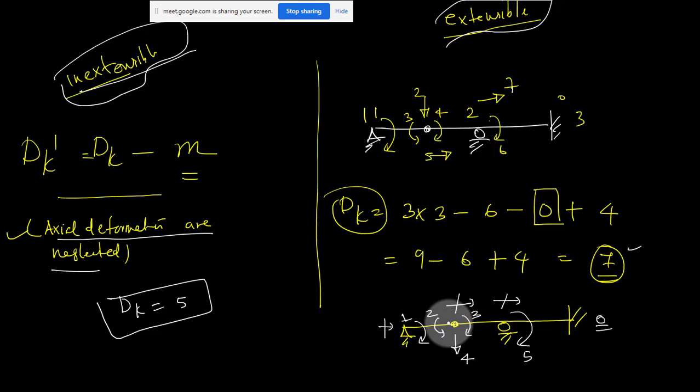5 or 4, 1 2 3 4 5, I think I am correct. Yeah, so you can see here also I have two members. This is a member and this is a member, I think. So here if you put the number of members, 1 2 3, 4 5, so the members are 2, so it is 7 minus 2, that is equal to 5. So you will get the answer.